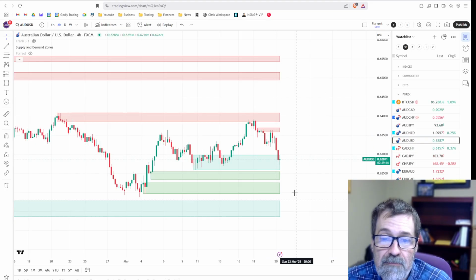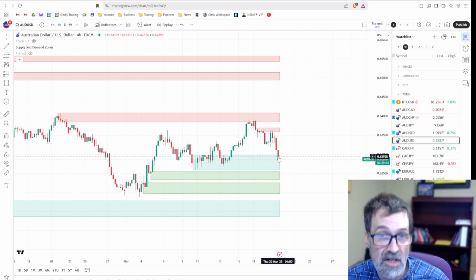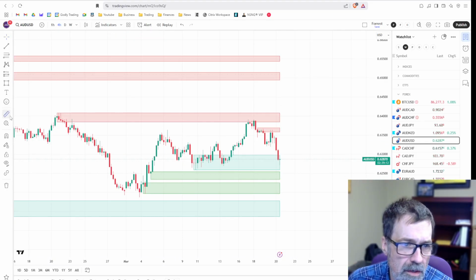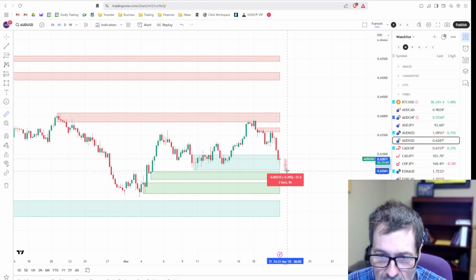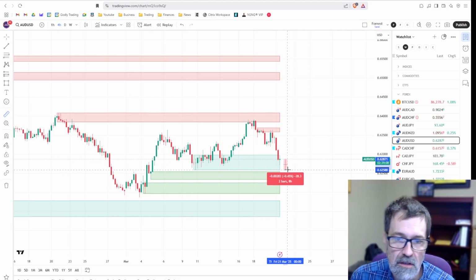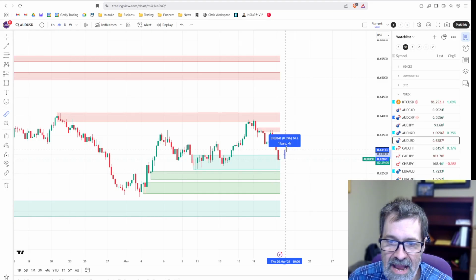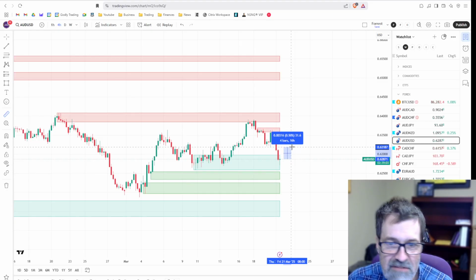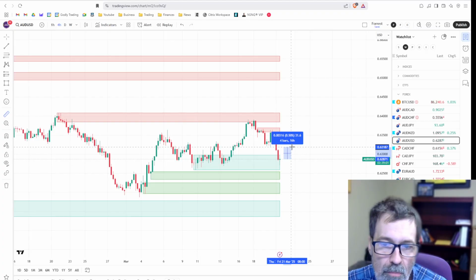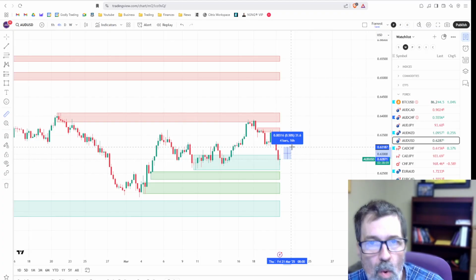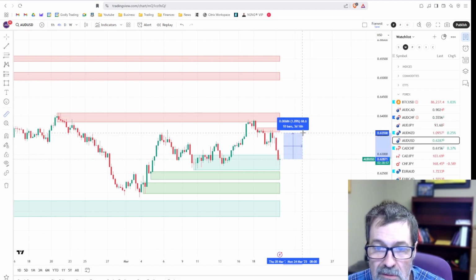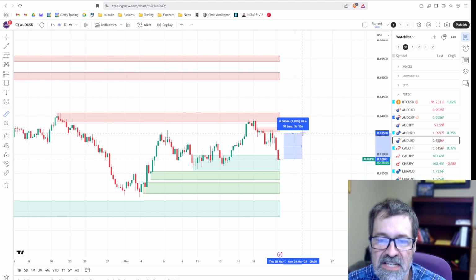My gut tells me that the bulls are going to win a little bit at least, enough probably for a 1-to-1. I can absolutely see getting in right here, risking 28 pips. I'll just call it 30. I hate to always round up. And getting out at 30 pips as a 1-to-1. I can see that as a perfect little 4-hour, probably less than a day, 1-to-1 setup. Will it get all the way up to 2-to-1? Probably, but you can at least get to 1-to-1 there.